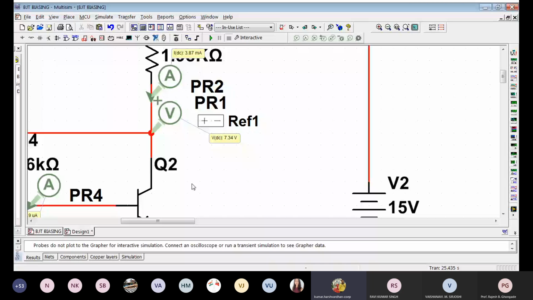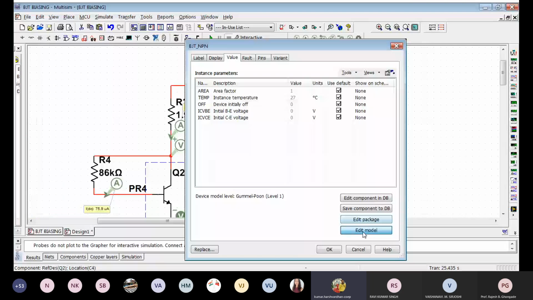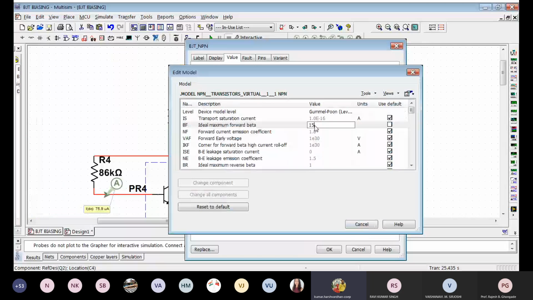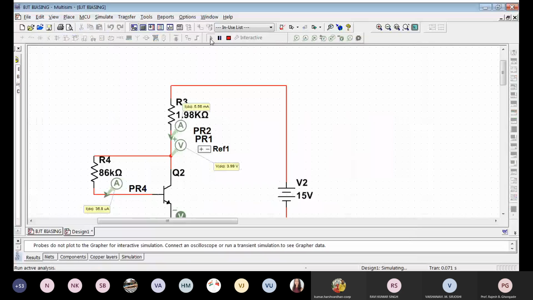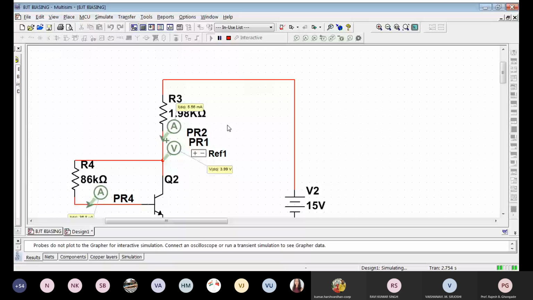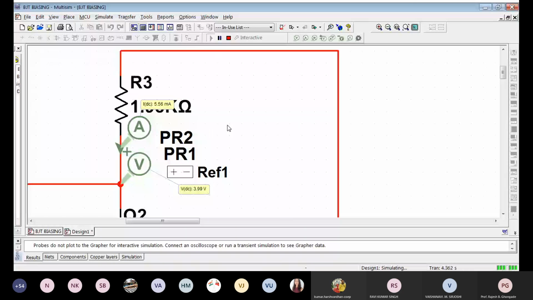150. All right. Yes. So what were the values that we earlier had? We had got 3.9 volts and 5.57 milliamperes.